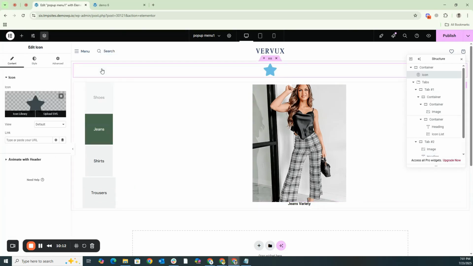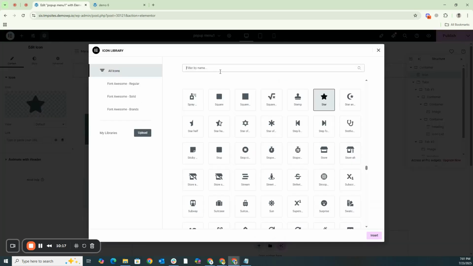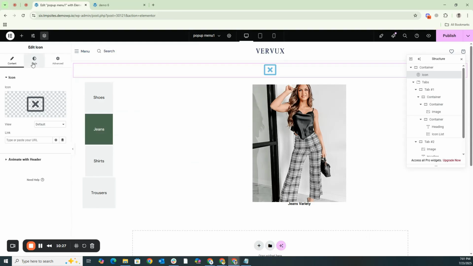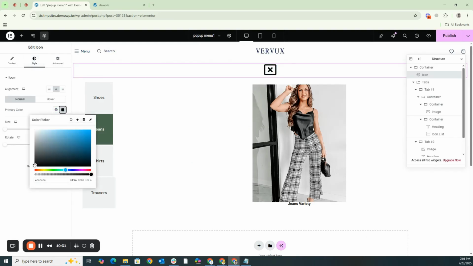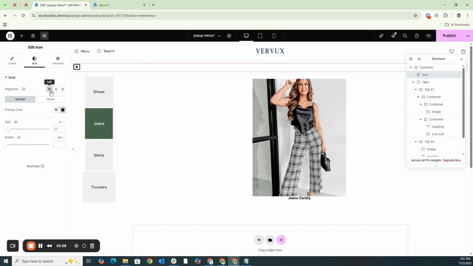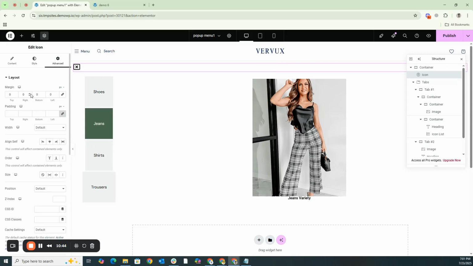Let's suppose we take an icon and place it at the top. We can change this icon. There's a window close icon, so we've used that. If we want to change its color, we can do that too. You can also change its size as you like. You can also choose where you want to display it. If you give it some margin from here, for example, a little margin from the left, it will move into place. Now basically our pop-up is completely ready and fully functional.